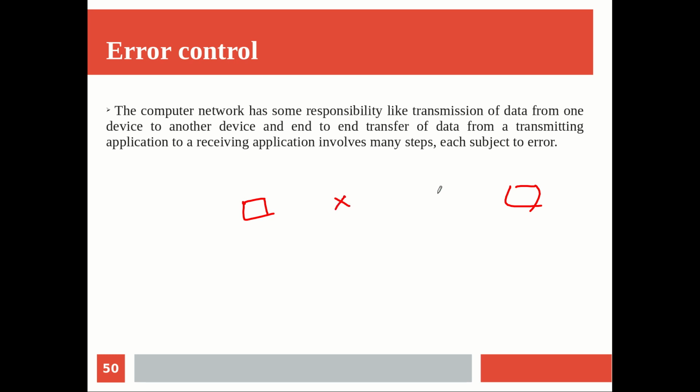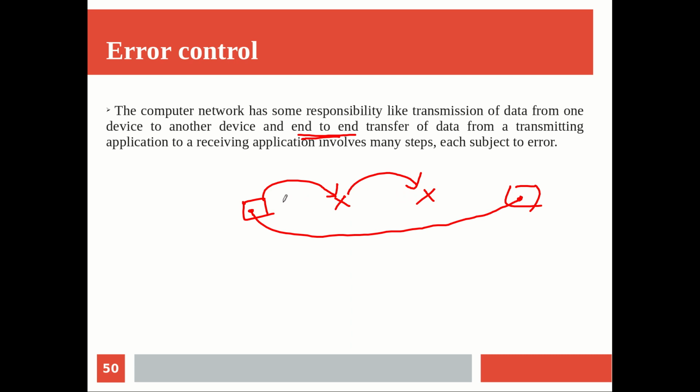In between, many intermediate devices come into the picture. The transmission of information from one device to another device, maybe the nearby device, this one to this one, how is the transfer happening? Or the end-to-end transfer, that is the ultimate transfer from the sender process to the receiver process. So two types of transfers come into the picture.